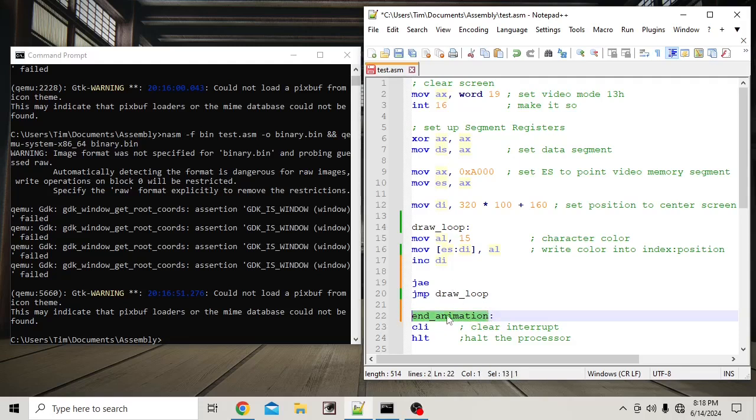So I can just Control-Alt drag that there. Doing it that way, you don't have any spelling errors. Copy. I always like to copy and paste my variable names and stuff. So let's see what we've got now. End loop, end animation, but first we need to tell it when to end the animation. So we are incrementing di,